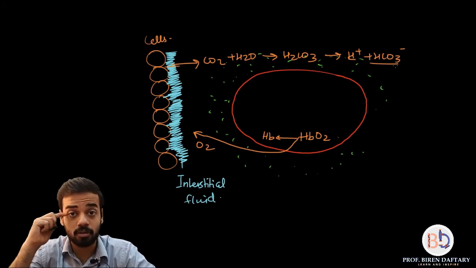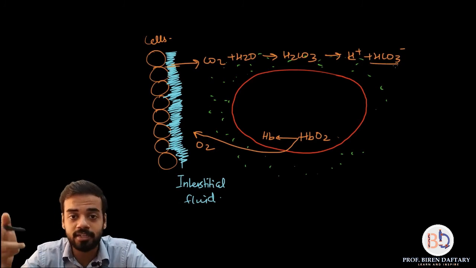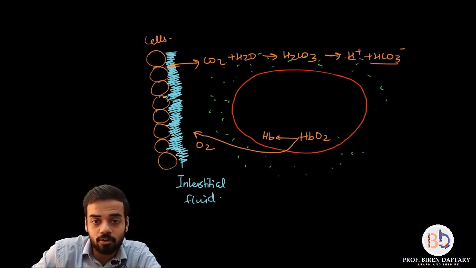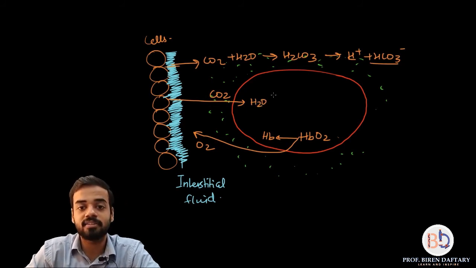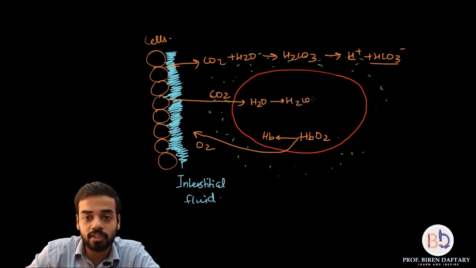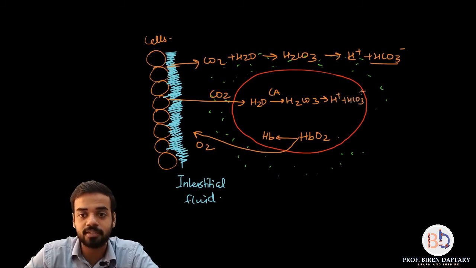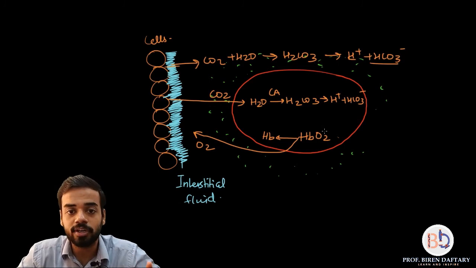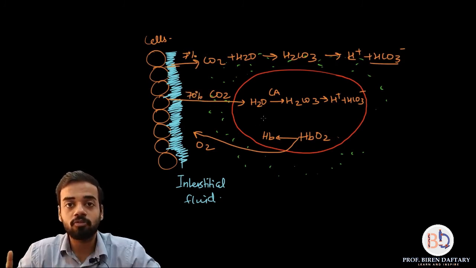Now coming to the second method. What is the second method of transport of carbon dioxide? That is through the formation of bicarbonate ions. Again, now I am going to show that carbon dioxide is released from the cells, but this carbon dioxide reacts with the water inside the RBCs, and what do you get? You get H2CO3. Please remember, carbonic anhydrase you have to write down, and they dissociate again in the same form, H plus and HCO3 minus ions. Is this clear? Okay. So this is approximately 70%. Okay, but we have not finished yet.